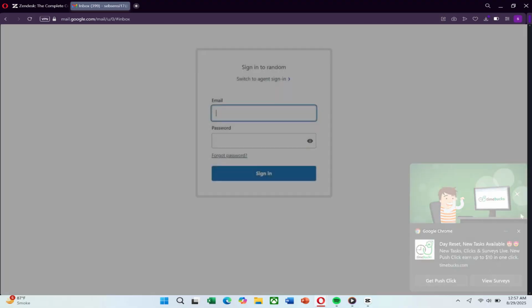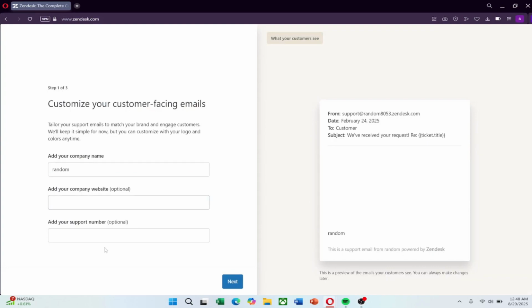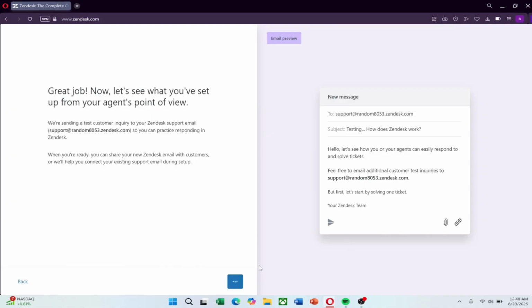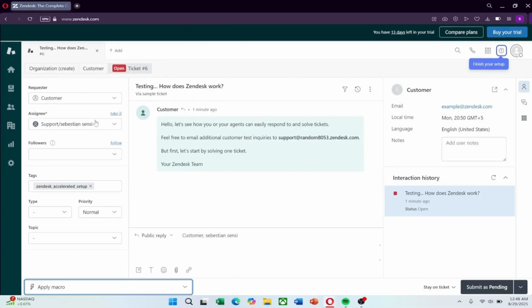After activation, log in using your registered email and password. You may be prompted to answer a few setup questions. Feel free to skip them if you prefer. Then, click Save and View Agent Experience. Once registered, you'll be redirected to the Zendesk dashboard, your central hub for managing all customer support activities. The Zendesk dashboard is the central place for managing customer service and support operations. It provides an intuitive interface for support agents and administrators to efficiently handle customer interactions, track ticket progress, and monitor